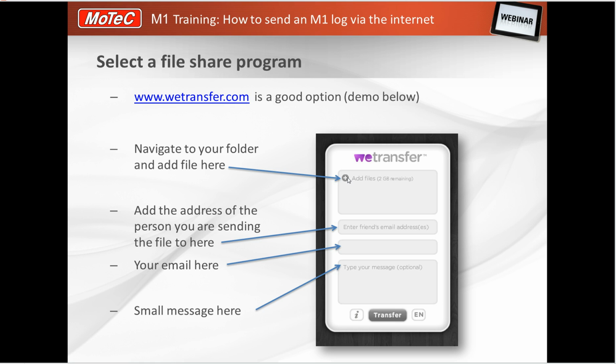So we click here and that takes us off to navigate to our new folder. It's nice and easy. There's only the two files in there that we want to transfer, and when we click on them they turn up in here. Next step is we enter the email address of where we're going to send it. So if you're sending it to Motec, it might be to support, it would be support@motec.com.au. Then we enter your email in here,